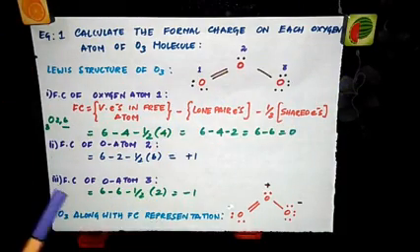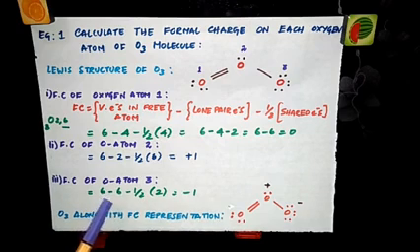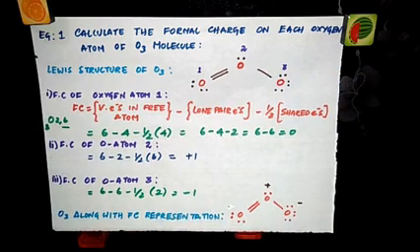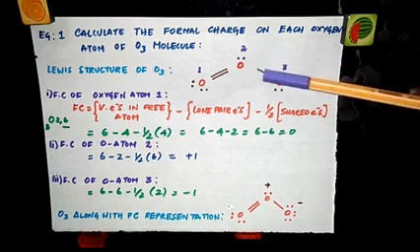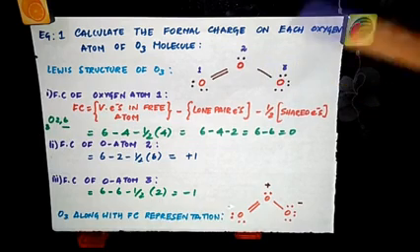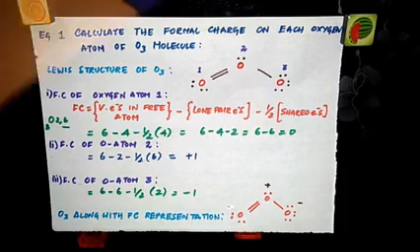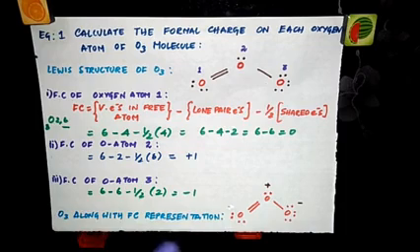So the charge of this oxygen is plus 1. And finally for the third oxygen, valence electron is 6 minus how many lone electrons are there? 1, 2, 3, 4, 5, 6. So total lone electrons 6 minus half the shared electrons. This oxygen is bonded to this oxygen through a double bond. Sorry, a single bond. So only 2 electrons are there. So half into 2. So that gives you minus 1. So the charge on this oxygen is minus 1. So you can represent the ozone, O3, along with the formal charge like this. So this oxygen, no charge. For this, it is plus 1 and this is minus 1. Just now we calculated. So this is how you have to calculate the formal charge.